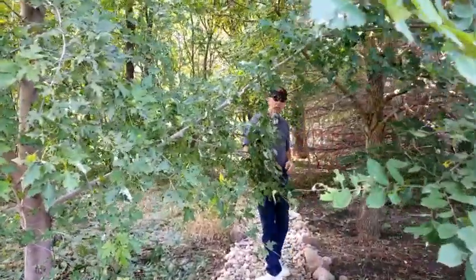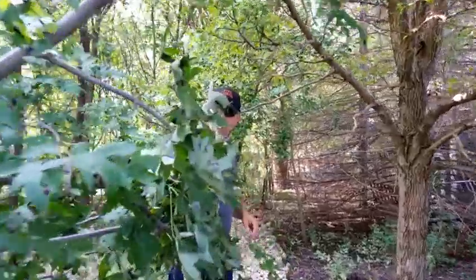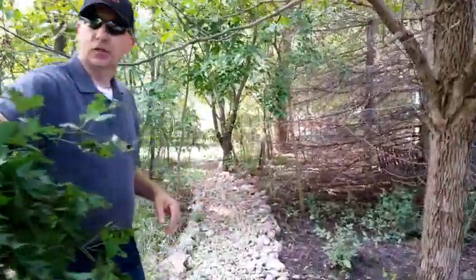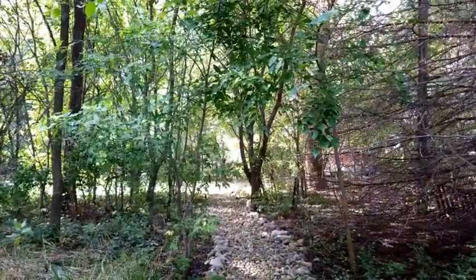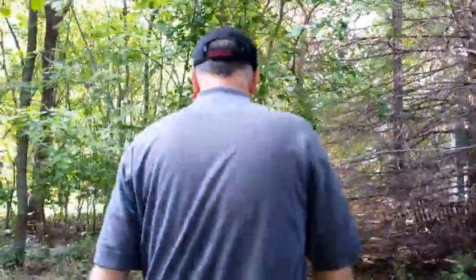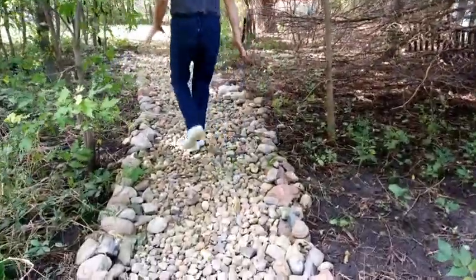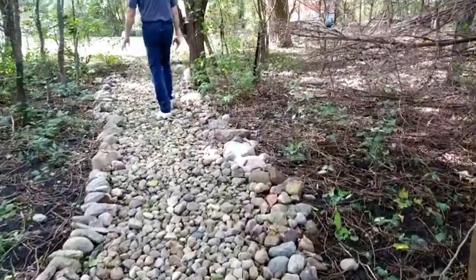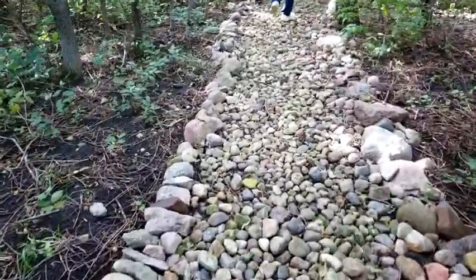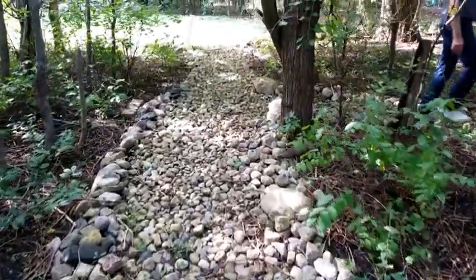Gonna hold these branches so it doesn't take out my wife who's running the camera here. We've decided not to trim this tree because we want these branches to get big. So we're just gonna kind of deal with it for another year or two. But as you can see, all the rocks, and this isn't all of them, we got more rocks we should pick out. But it's just a nice spot to put them. Gave us kind of a nice little walkway back here through this small portion of the grove. As we come back here,